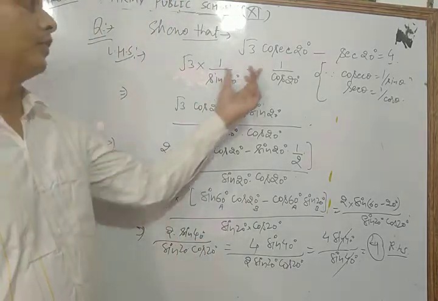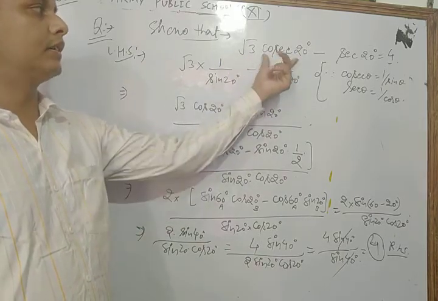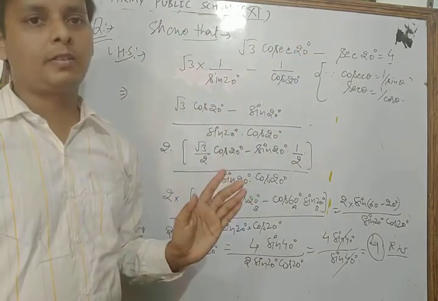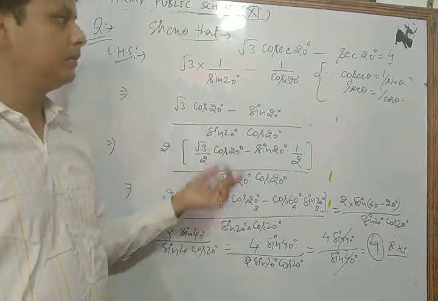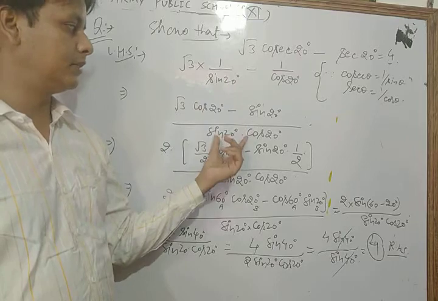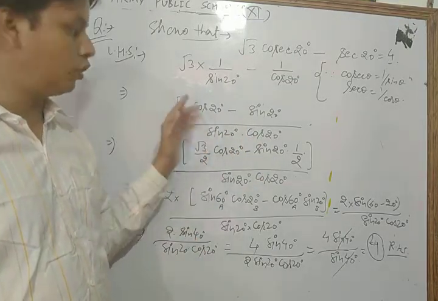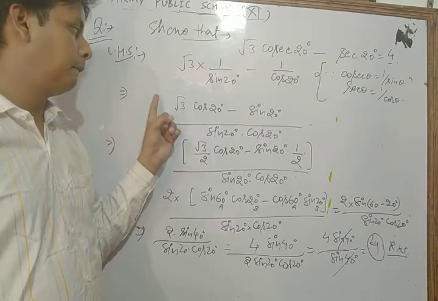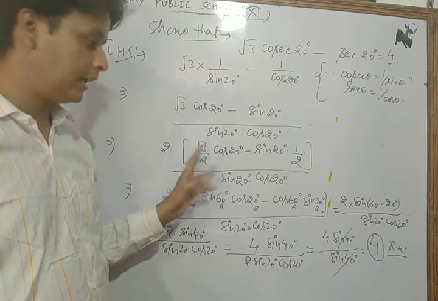Let's see once more. This is your question here, and first we convert into sin and cosine. Okay, then after we take LCM sin 20 into cos 20. We get this part. Now we multiply both the numerator and denominator by 2. Okay, then after